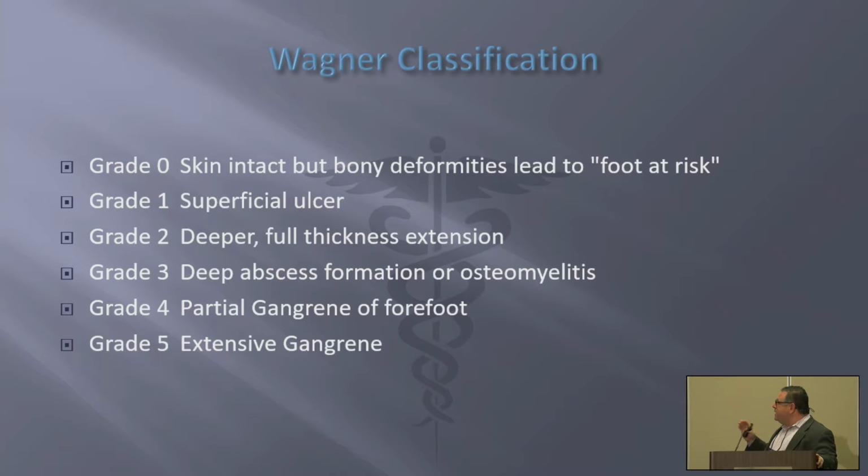But included in this list, it's an ulcer classification, is Wagner grade 0. Now, the interesting thing about Wagner grade 0 is there's no wound, there's no boo-boo. The skin is not broken. There's no bleeding, there's no drainage, there's no infection, we don't need to give antibiotics, there's a callus. So what happens? Patient comes in, and maybe the patient sees this and thinks, oh, it's just a callus. Or the patient goes to a primary care